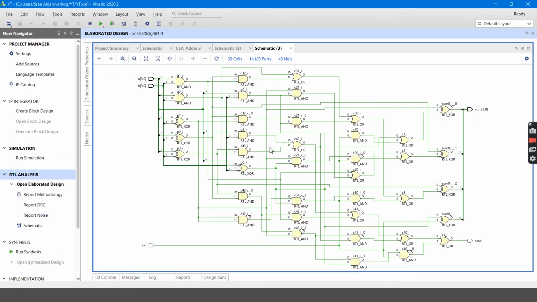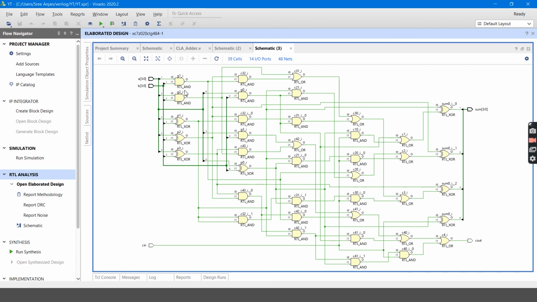Here is my schematic. Here are my input ports, and here are my output ports, and in between is all the circuit: XOR gates, AND gates, and OR gates. There are totally 39 cells here.